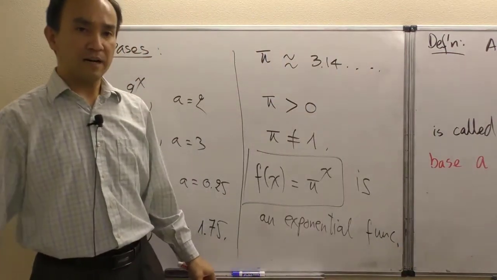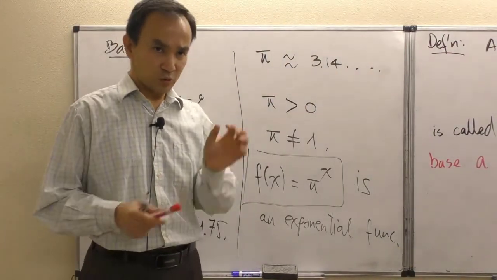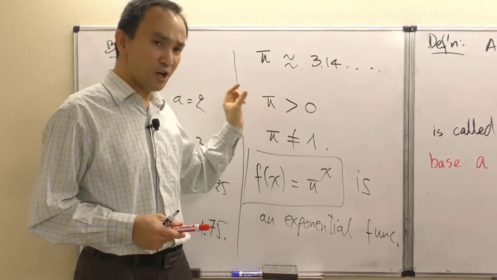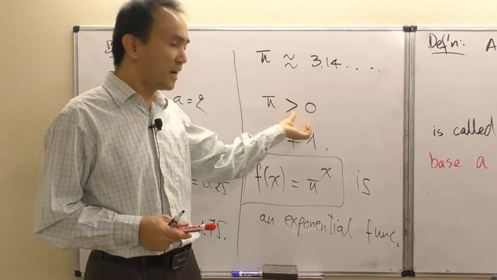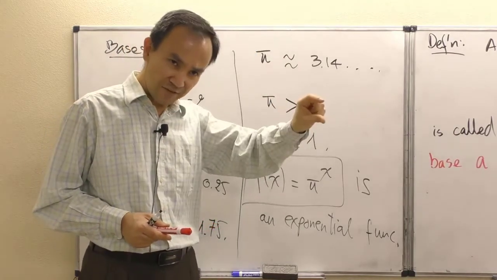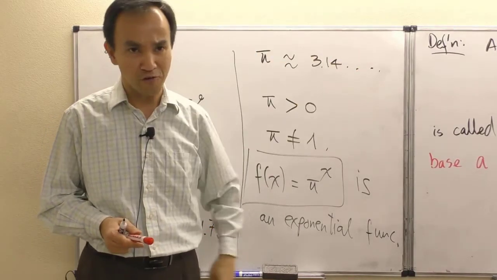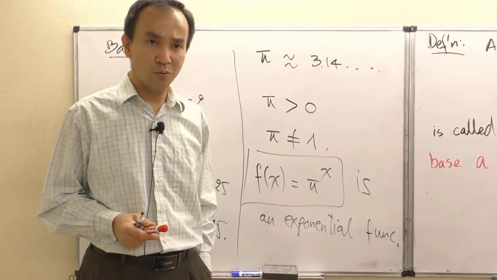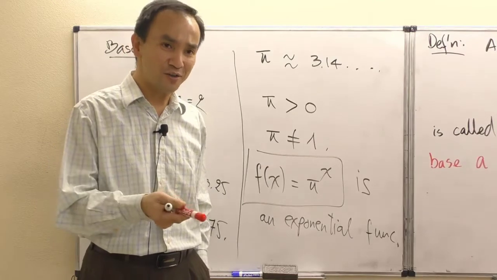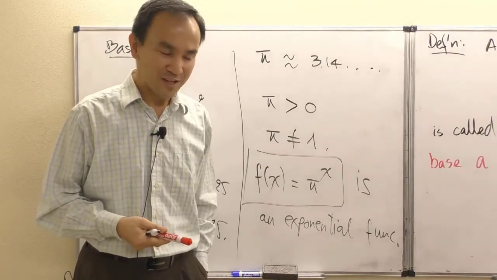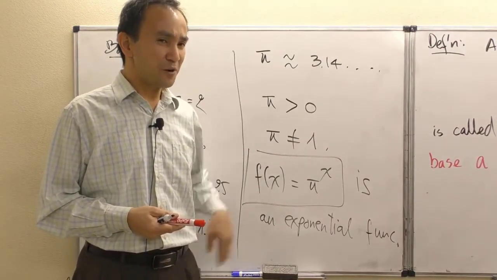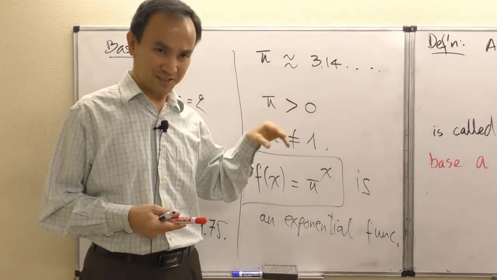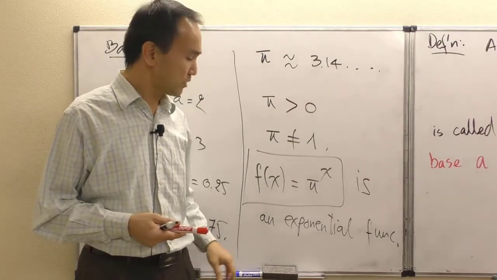All right, so I just want to briefly emphasize that as long as we have a constant, or a value, that is positive and other than 1, we can take that value and make it an exponential function. And that's a good reminder for anyone who plans to define their own exponential function. Now, since I got pretty far into the bases, what bases are accepted to be the base of an exponential function,